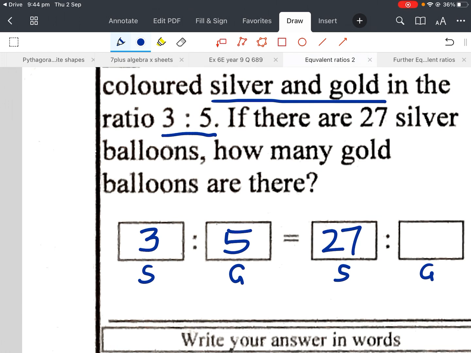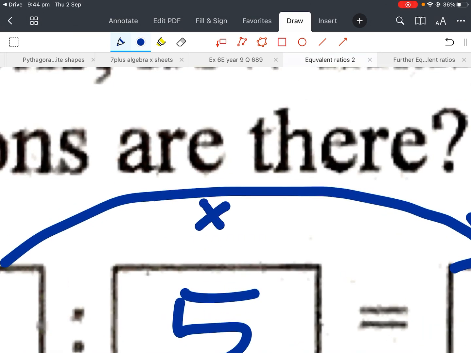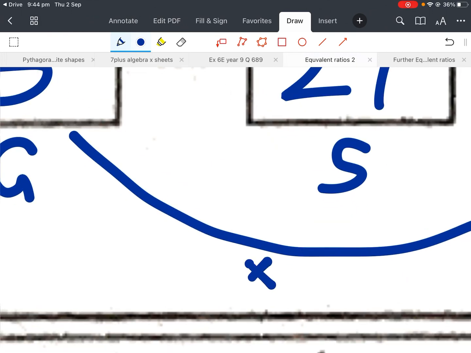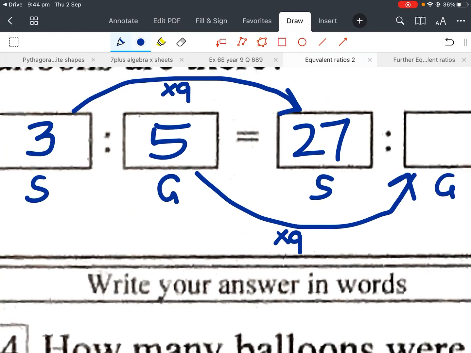So you've got to go first number with the first number, second number with the second number, don't you? Again, you might be able to figure this one out. 3 times what gives you 27? If you can't, just do it backwards. 27 divided by 3 gives you 9. So we've actually times by 9 there. That means I have to times this one by 9. 5 9s,